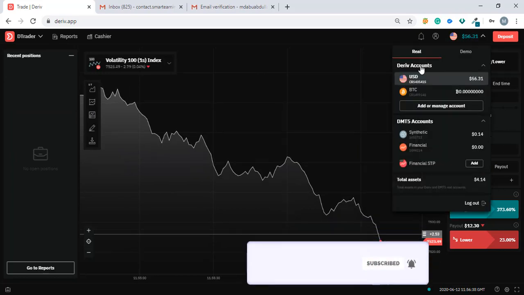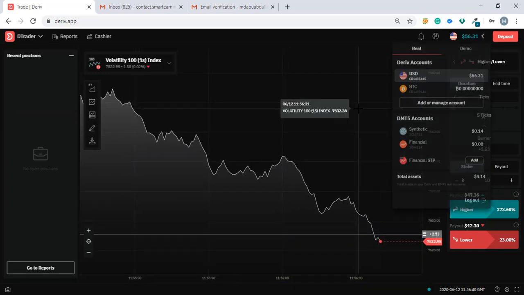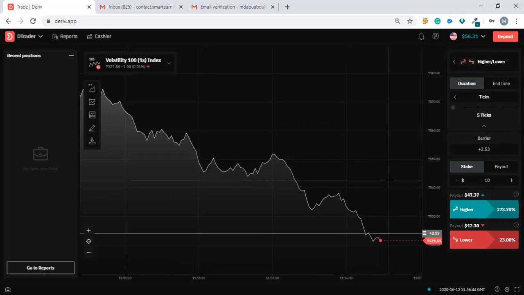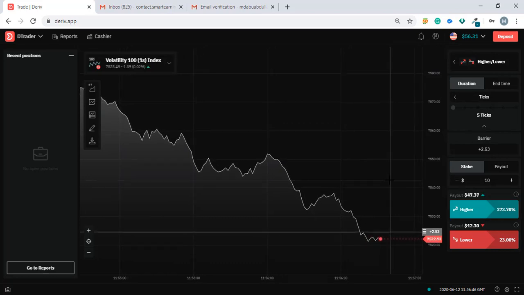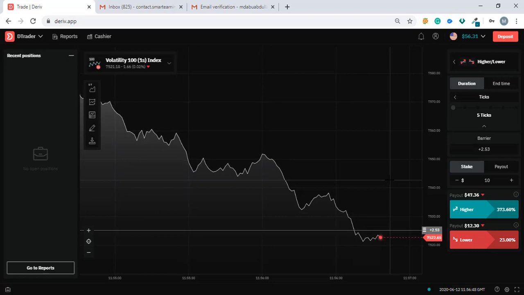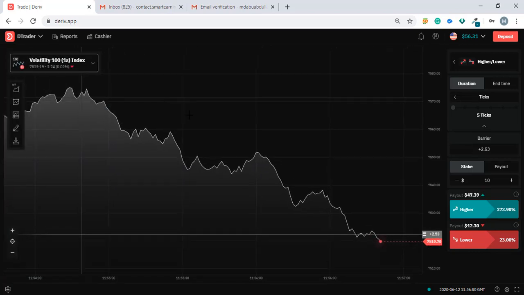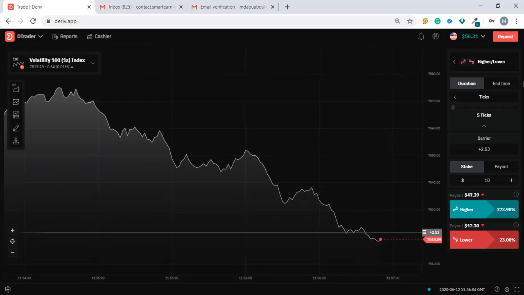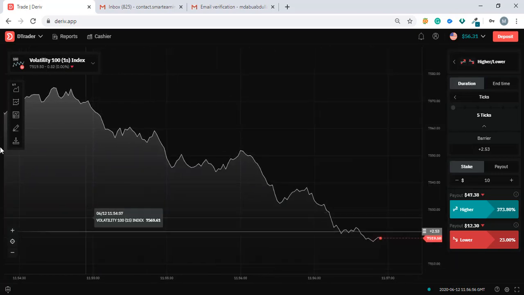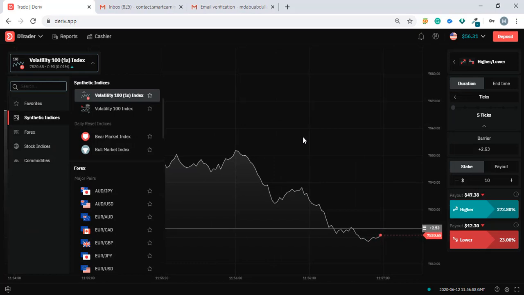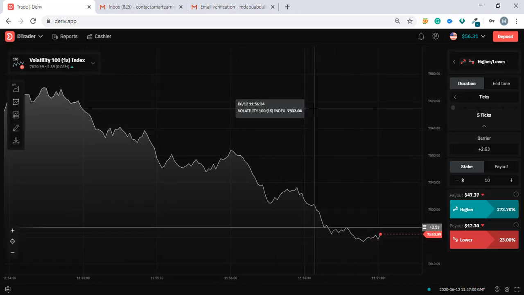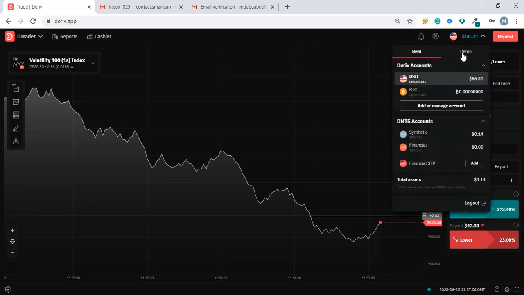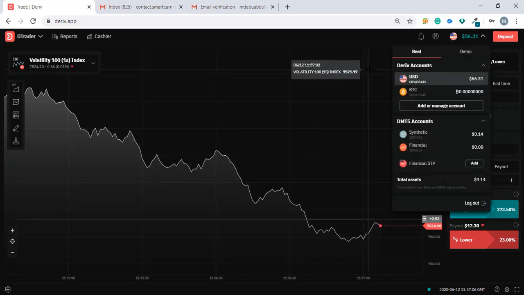From here with the demo account you can practice. After that you can trade in a real account. When you are comfortable in the demo account you can try your real account, then you can make a profit, otherwise you will lose. Lots of options are there. You can check for yourself from here. Also, when you are practicing you must select the demo account. After that, when you are comfortable, then you can go to the real account.